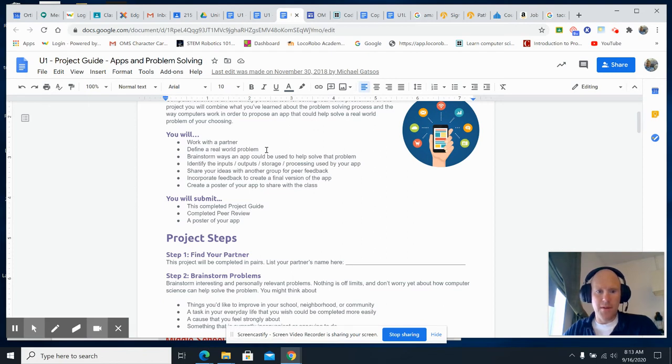Brainstorm ways an app could be used to help solve that problem. Identify the inputs, outputs, storage, processing used by your app. Share your ideas with another group or a person to get feedback. Incorporate feedback to create a final version of the app, and create a poster of your app to share with